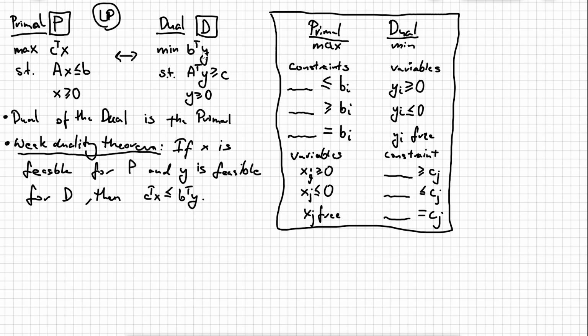And in the dual, when we're minimizing, any feasible solution will have an optimal value or higher, worse value, right? So this is going to be interesting from the point of view that if you take any dual feasible solution and you calculate its value, it is going to be an upper bound on whatever you can get in the primal. Or if you calculate the value in the primal, it's a lower bound on whatever you can calculate in the dual. A stronger theorem, which is called strong duality